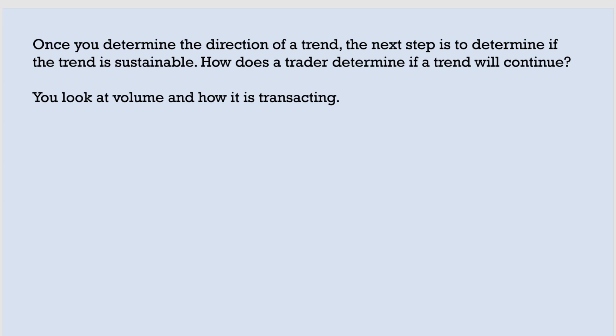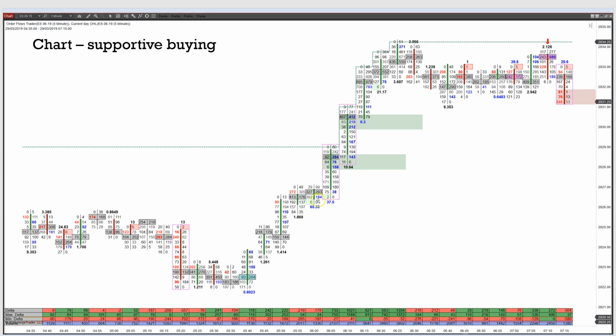So once you determine the direction of the trend, the next step is determine if the trend is sustainable, right? How are you going to determine if the trend is going to continue or not? Well, watch the deltas. That's the first sign of the trend continuing or not. Look for supportive buying as well. That's another key. Right here, you got the aggressive buying. What do you have for supportive buying? I see selling imbalance in here, selling imbalance on these green bars. Point of control towards the low. This is a bullish sign. Here you got a bullish prominent point of control, right?